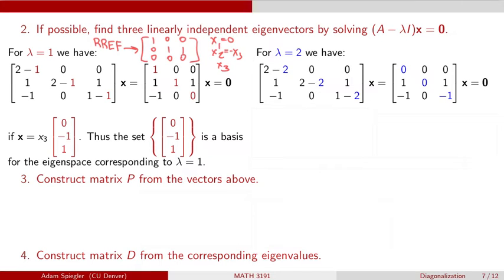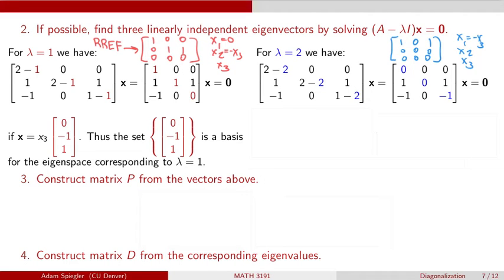And the resulting matrix is now going to be a 3 by 3 matrix, which is 0, 1, minus 1, 0, 0, 0, and then 0, 1, minus 1 as the third column. So I want to solve when does this 3 by 3 matrix times some vector x give me the 0 vector back. And because lambda equals 2 is an eigenvalue, there has to be some non-trivial eigenvector x that satisfies this equation. And solving this homogeneous matrix equation, we can identify the reduced row echelon form of this coefficient matrix